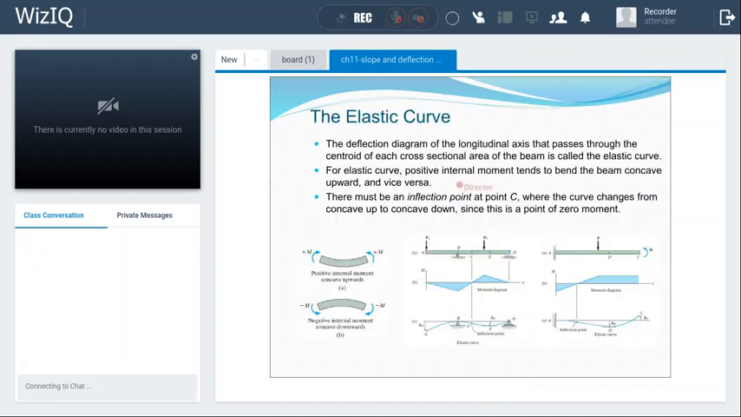Elastic curve is the shape of the beam after it has deflected, because when we apply the load on a beam, the shape will change because of the bending moment. You are already familiar with bending moment, whether it is positive or negative bending moment. Positive bending moment is sagging. When there is positive bending moment, the beam will bend like this, which is concave upward. And when there is negative bending moment, which we call hogging bending moment, this will be the curve